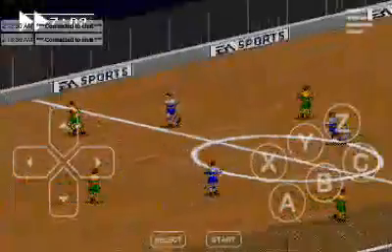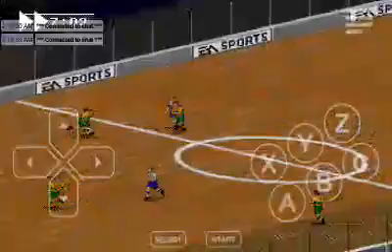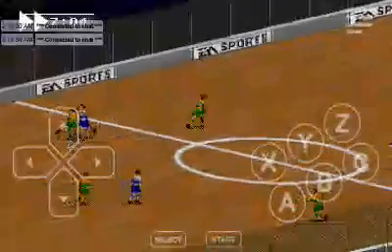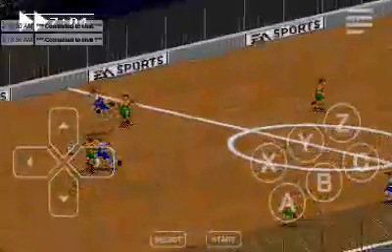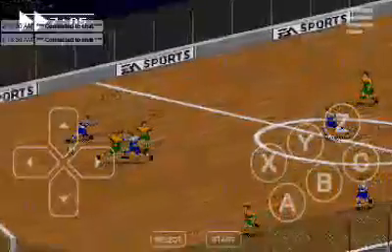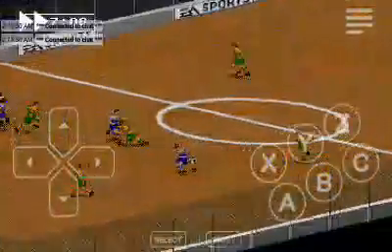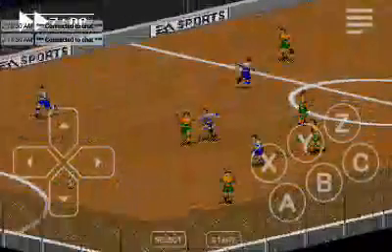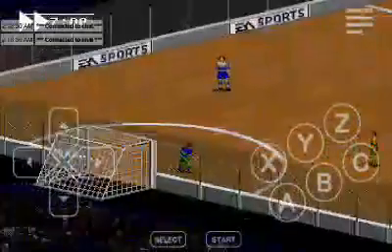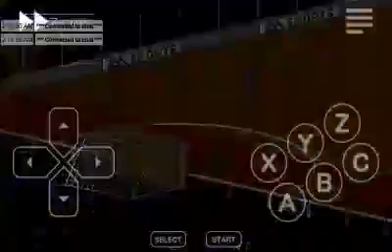Dallas takes control of the ball in the center of the field. And Dallas goalkeeper recovers.